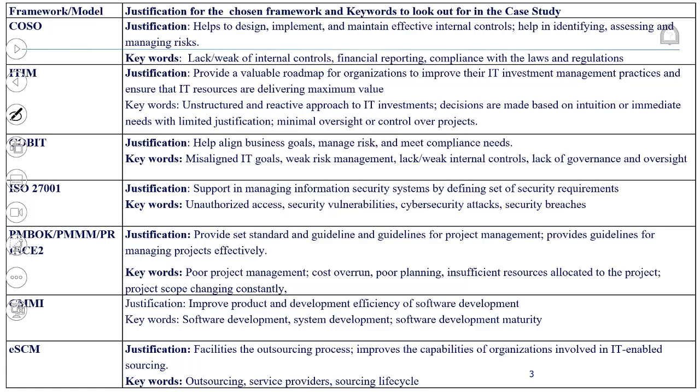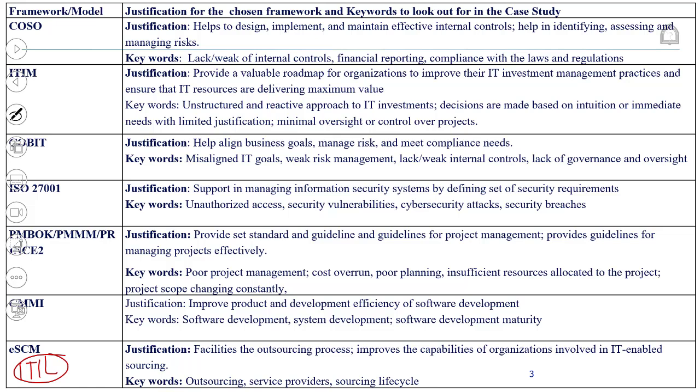The only thing that is remaining here is ITIL. I didn't include ITIL here because I've covered ITIL elsewhere. ITIL is a big one, but some of the keywords, for example, when you're looking at ITIL,